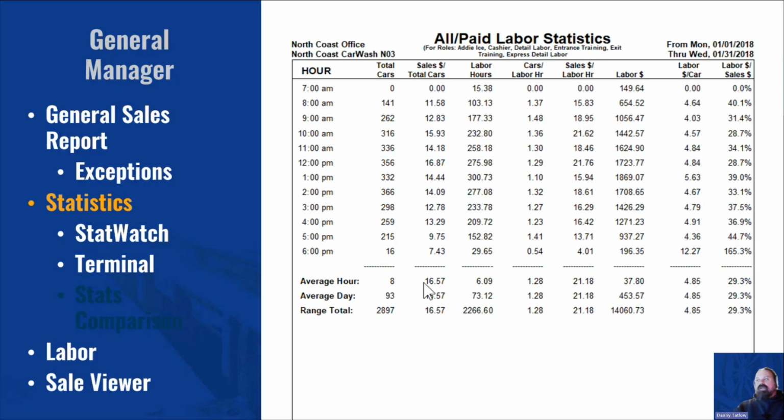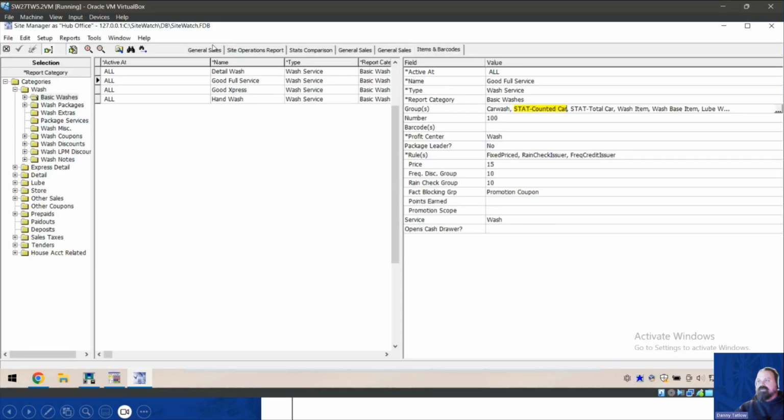I can also run the report for a long range of time, say I run it for the entire spring, right? If I run it from March 19th to, first day of summer would be June 20th, right? So I run it from March 19th to June 20th. I'd run that and I could see, okay, what does it look like by hour for each of those days? Instead of showing me the totals, just show me the average. When I run that stats comparison report,